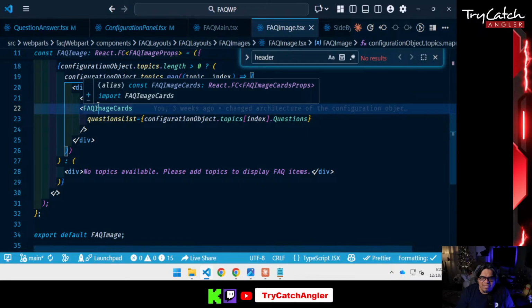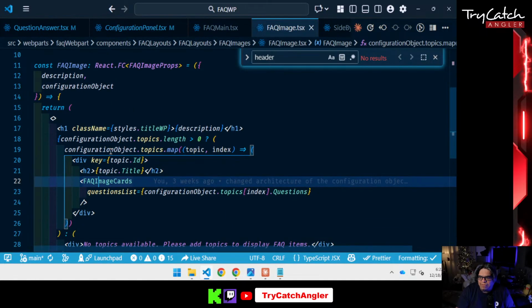Could I have built them on one file? Yes. But then it becomes messy because, for example, if FAQ image, say hypothetically, had a state, like a state setter and property, and I modify it, it's going to cause all of those to have a chain reaction, and all my components are going to refresh. And that's what sometimes when you use an application and you see the application kind of like blink, it's because